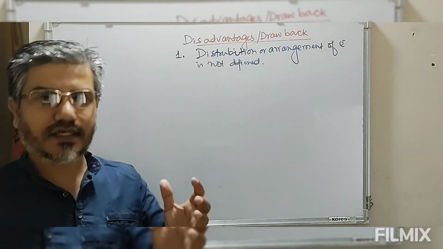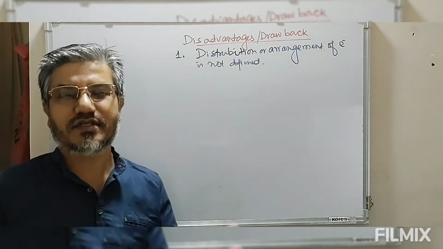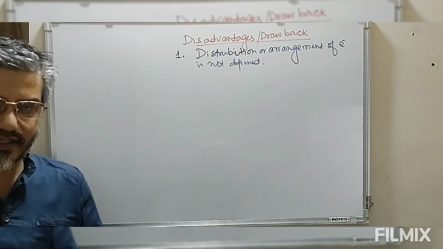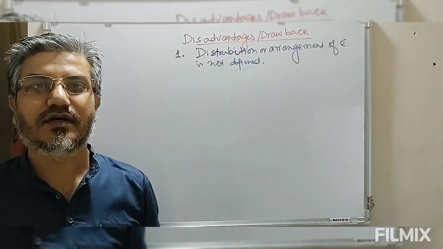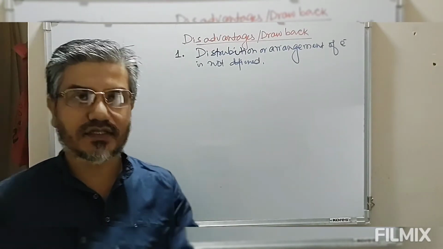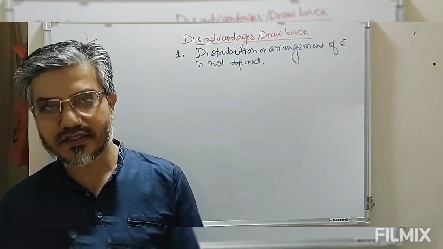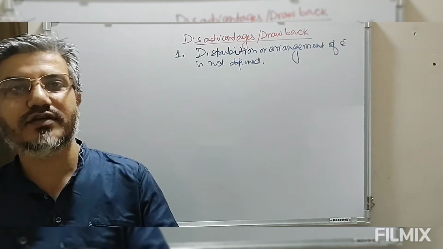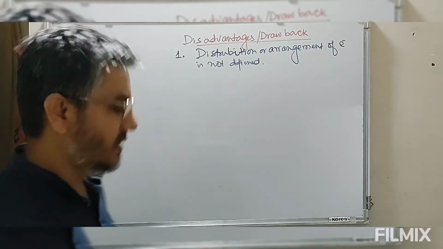Simply saying that electrons are moving around the nucleus is not sufficient. If only one electron is present, that's fine. But there are many elements which contain more than one electron. So if you have more than one electron, how should these electrons be placed in different circular orbits? The exact distribution, known as electronic configuration, is not defined by this theory.